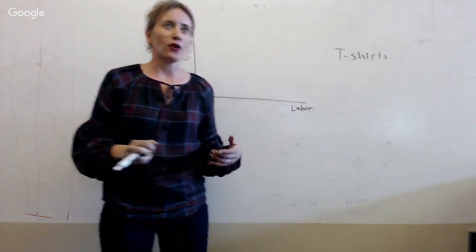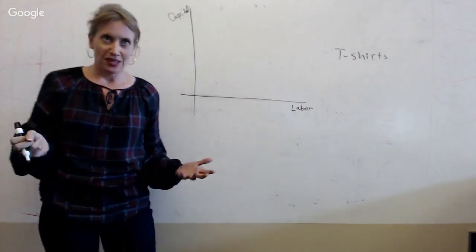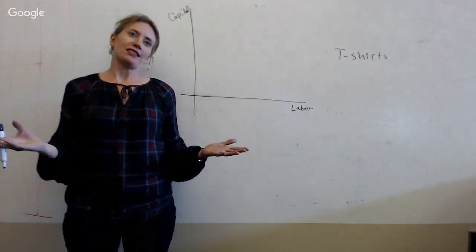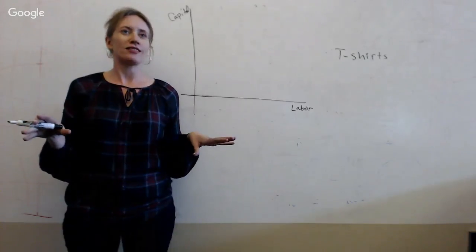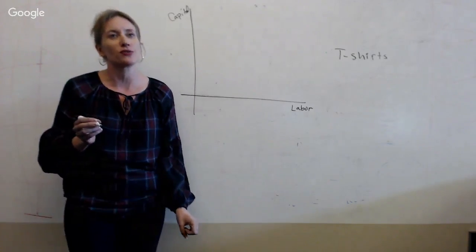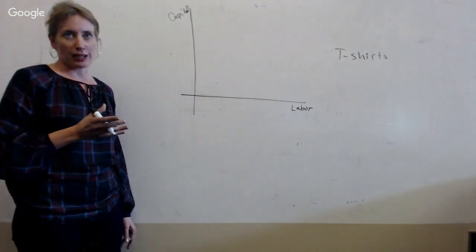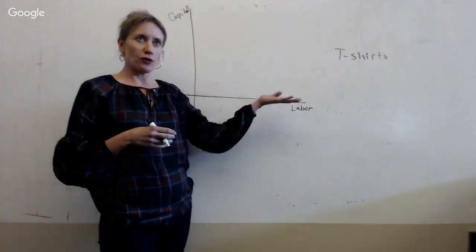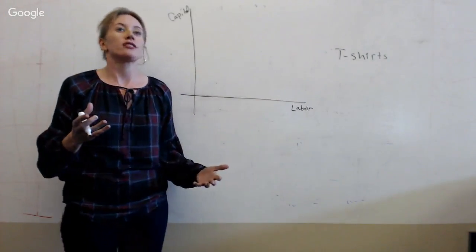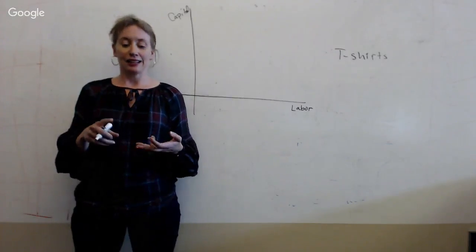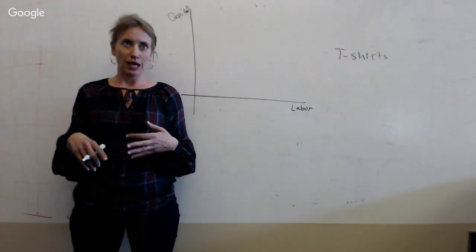Let's think about a firm that produces t-shirts. Now, we think about maybe a firm that produces white t-shirts. This good is not differentiated, so when we talk about market structure, we'll think about this firm as being perfectly competitive. So the t-shirt firm uses a production technology, and the firm is going to combine land, labor, and capital to produce output.